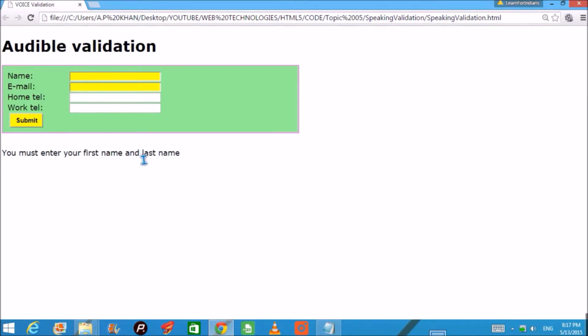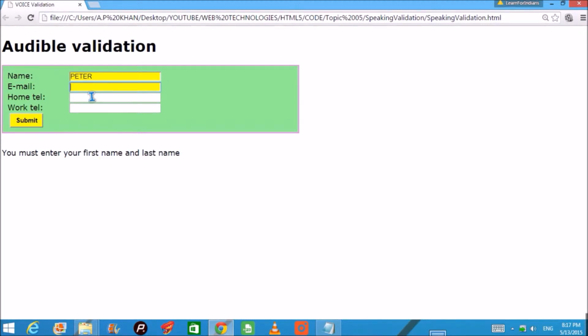When I can see, then this is good for me. But what about those people who are visually impaired? What is the solution for them? For them, ARIA, that is Accessible Rich Internet Applications, has been introduced in HTML5. Whenever you do something like this, if I give some name, Peter, and just go to another field, it says that you must enter your first name and last name.